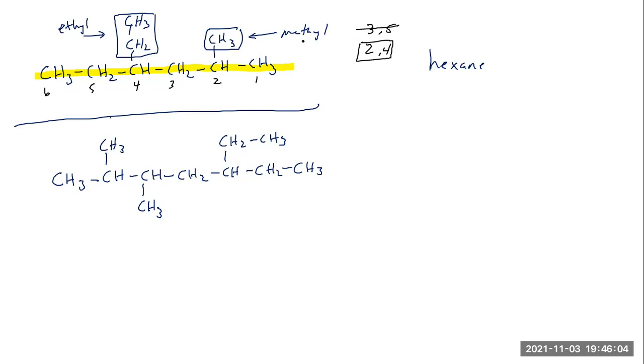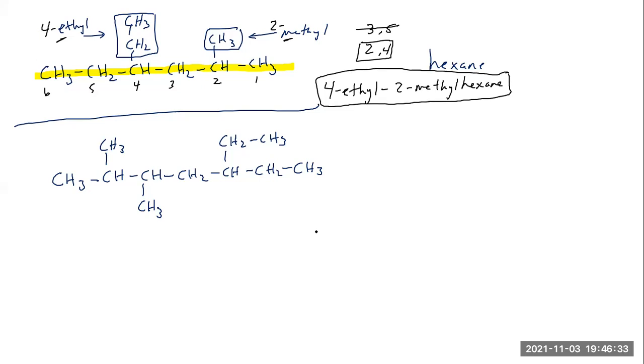Putting all this together, because we chose right to left, our methyl will be the 2, our ethyl will be the 4. And alphabetically speaking, ethyl before methyl, E before M, gives us a 4-ethyl, even though it has a bigger number, dash 2-methyl. And then we tack on our hexane at the end. Any questions on that particular one? Okay, then rolling through here,